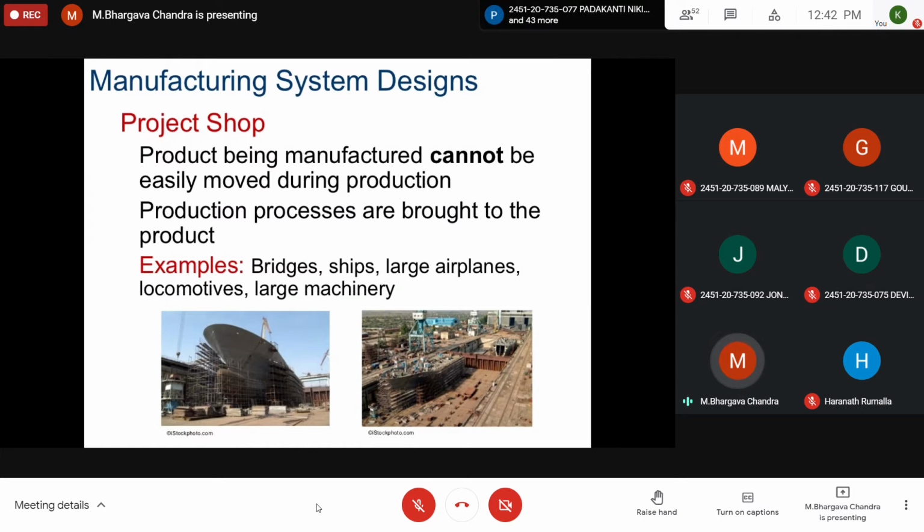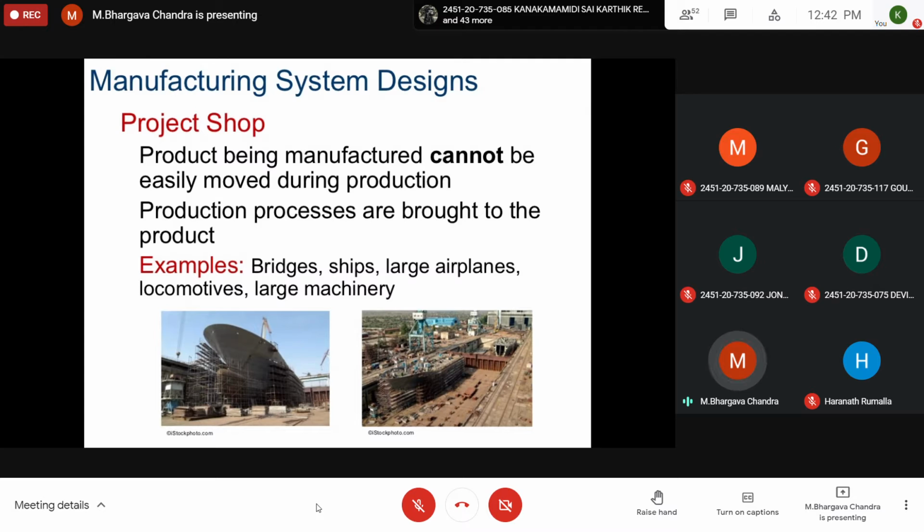Like in the picture, you can see a shipbuilding yard where a big ship is being manufactured. Shipbuilding yards are erected at the seashore itself. Why? Because the ship can be manufactured and directly transported to the sea. So in a project shop, the product being manufactured cannot be easily moved during production. Very huge components, which cannot be moved that easily.